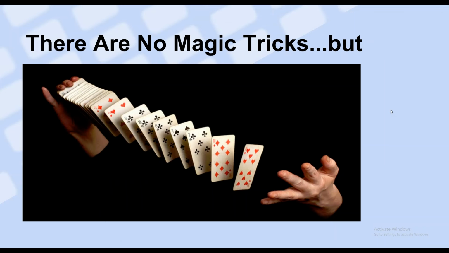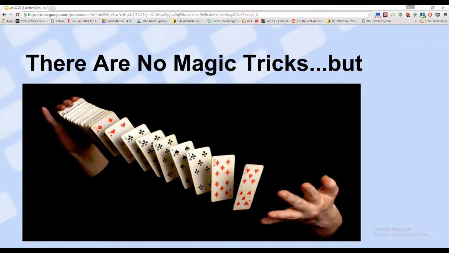But again, in order to make money in the stock market, you can't have this magical penny pumping formula or this magical one moving average crosses another, because the market's very dynamic and it's always changing. So while there are no magic tricks, you can count cards. That's really the essence of what we wanted to say at the end of this presentation: while there's no magic tricks, cards can be counted. And when they're counted, they give you an advantage. And that's what we are here to do at TradeIdeas on an investing level. We're counting the cards for you so that you can take advantage over the casino.